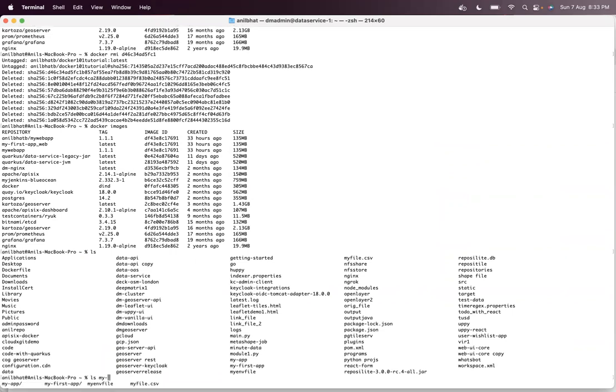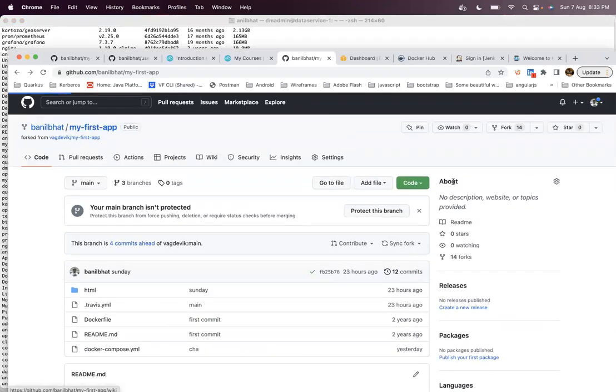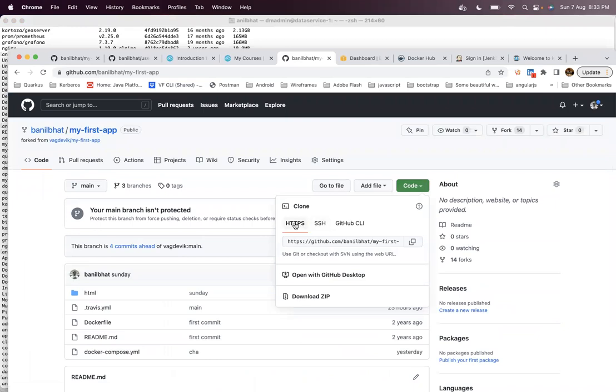My first tab is there, so let me delete it. To delete it, I did rm -rf. Oh, I don't have that repository. Now to clone this particular repository, I go to this repository and copy this code. You can use either HTTPS or SSH to clone.